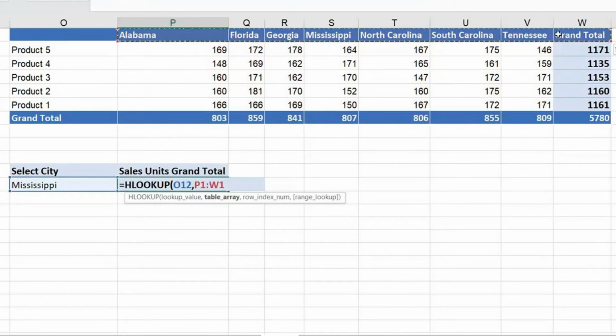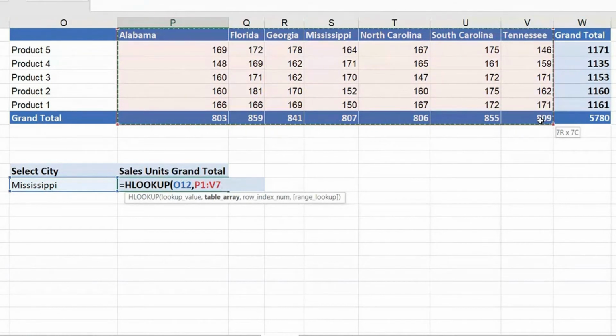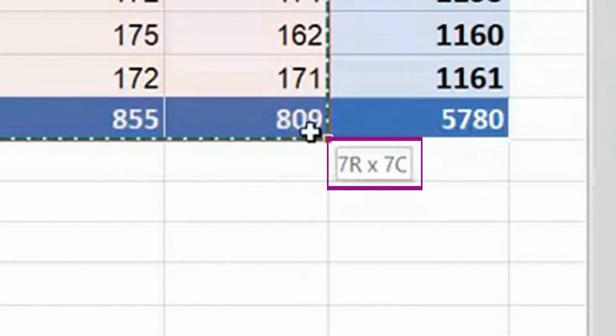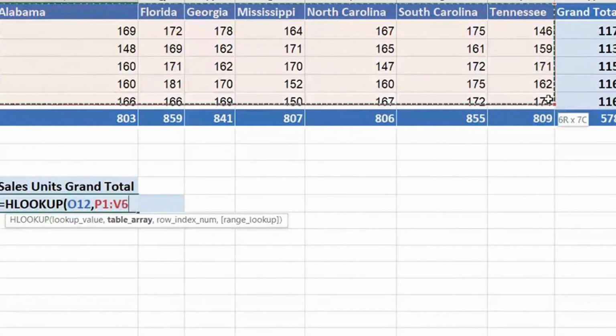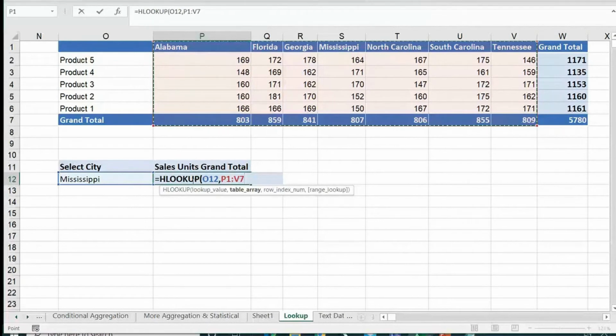So now I will go from here. I will go down till here because I want the grand total, right? Now grand total is the 7th row below. You could see a tiny box bottom right corner. Says 7R, 7C. See, right now it says 1R, 2R, 3R, 4R, 5R, 6R, 7. That means I have moved 7 rows below. So that is what is my required retrieving data. I'll put a comma. Row index number is 1, 2, 3, 4, 5, 6, 7. I'll write that 7. Comma.